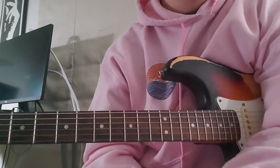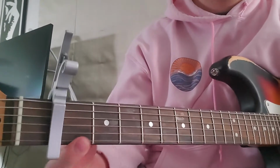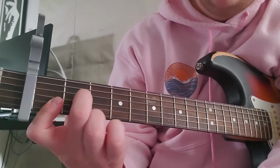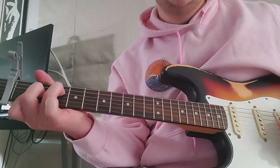Just add that extra little layer in there. I think the bass is doing something like that. Then you're gonna do the typical baby F chord. So bar the 1st fret, E, high E and B. You're gonna do 2nd fret, G, 3rd fret, D, and you're gonna go D, G, D, and then you're gonna